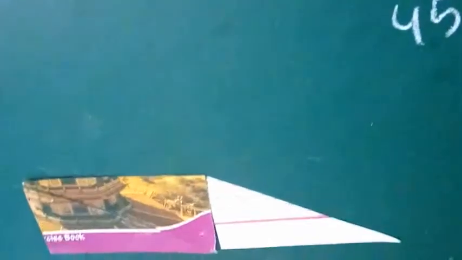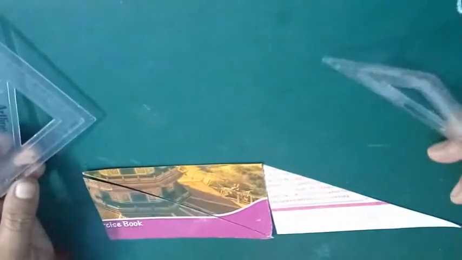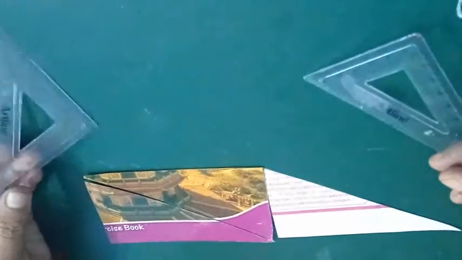So here we have discussed the different types of quadrilaterals by using the paper cuttings I have made from these two set squares, and I hope you are clear about the measures of the angles and sides and the different properties like diagonals, angles, and sides of these quadrilaterals. So let's go for the exercise we will do in the next segment.